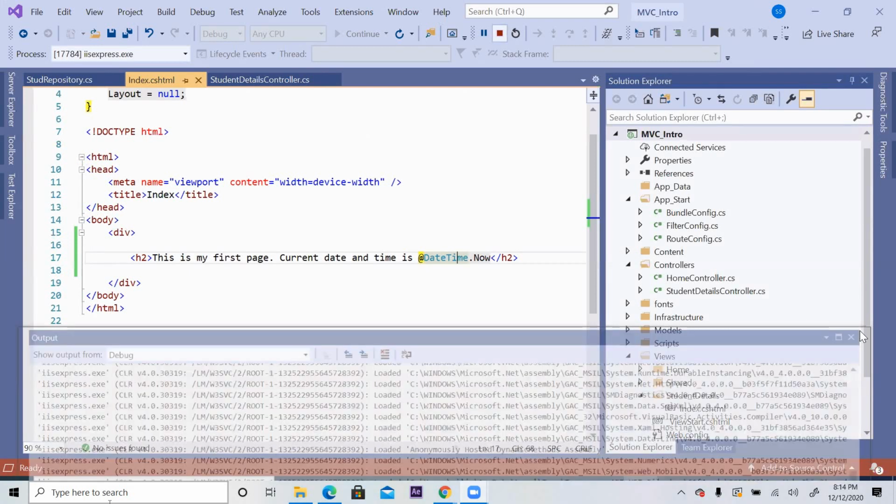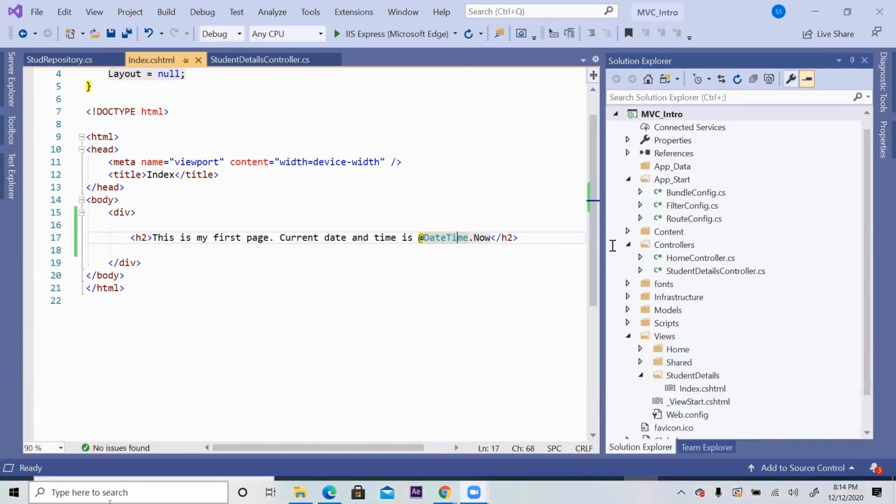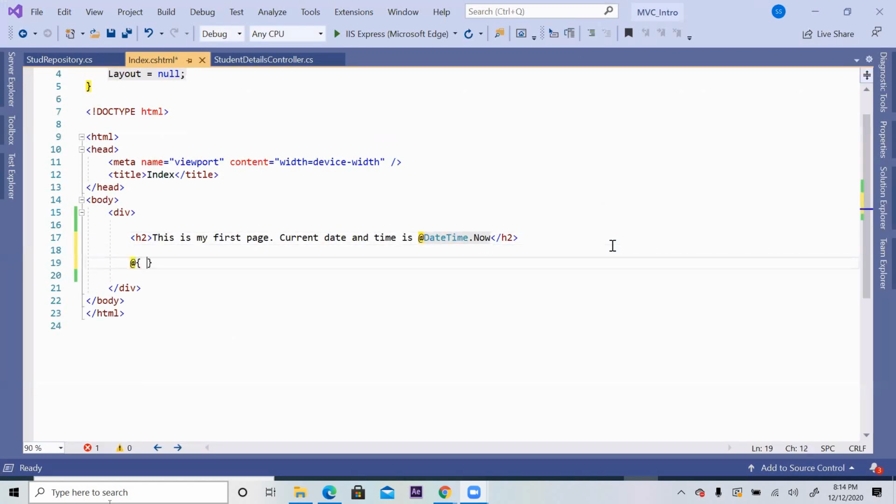Another is to give one @ with a curly bracket like this. If you put an open curly bracket here and a close curly bracket here, it understands that from here to here everything is C#. So every line you don't need to put @. That is called a razor block.